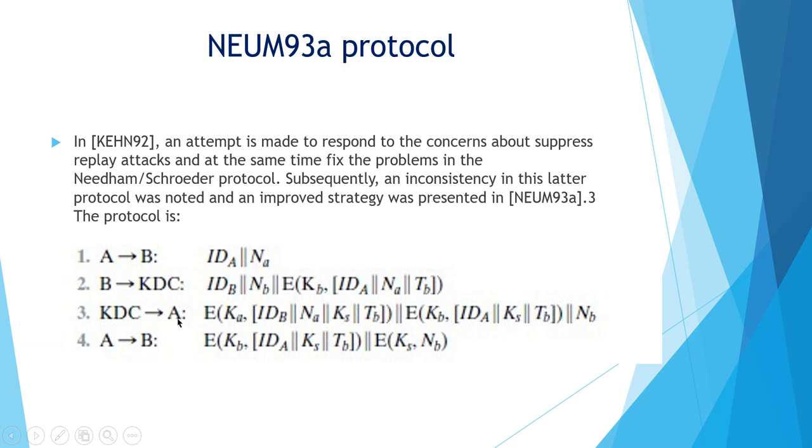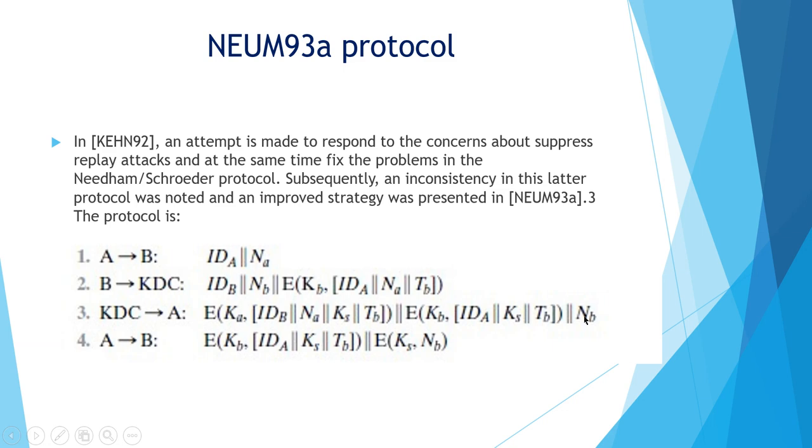Then KDC sends to the source node an encrypted packet that is encrypted with the master key generated by A, and it contains identification details of B, that is the destination node, the nonce generated by A, then the session key and the timestamp at node B, with another encrypted packet that is encrypted using the master key generated at node B, and it contains the identification details of the source node, the session key and the timestamp generated at node B, with a nonce generated at node B,